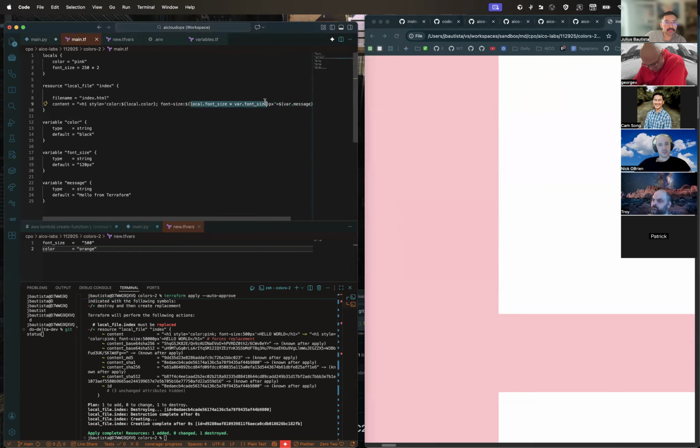I'm just trying to think of a good way to really articulate the difference between locals and variables. Locals will override variables, as we saw. And if this was just locals by itself, we saw that it was using locals value over the variable font size value. And this will particularly start to come in handy when we're working with, let's say,